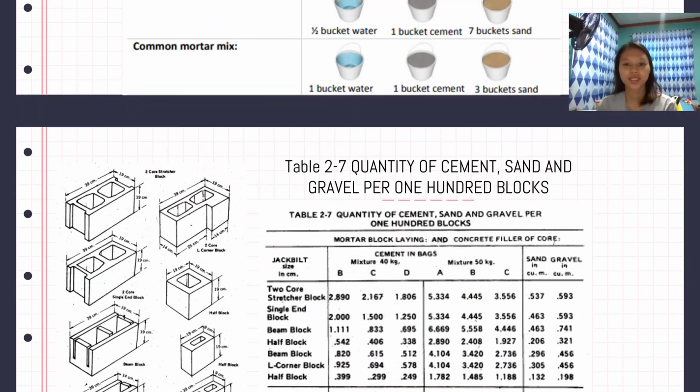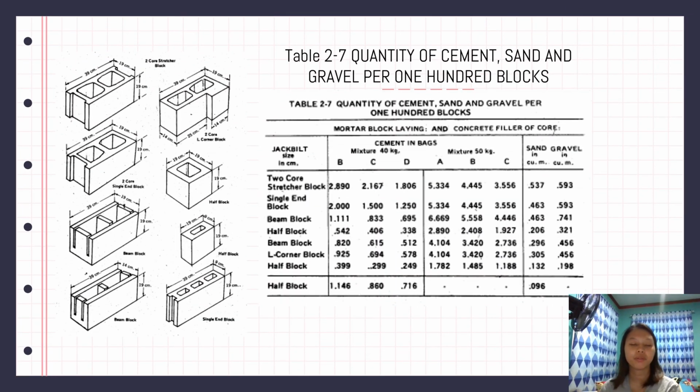Next. The common and ordinary type of concrete hollow blocks are those with 3 hollow cells, as explained previously. However, there are concrete hollow blocks which are specially designed for architectural and structural purposes, manufactured by Jack-Built Concrete Products, as presented in figure 2.7. So this is table 2.7. For our estimating aid, table 2.7 was prepared to simplify the preparation of the materials required for block